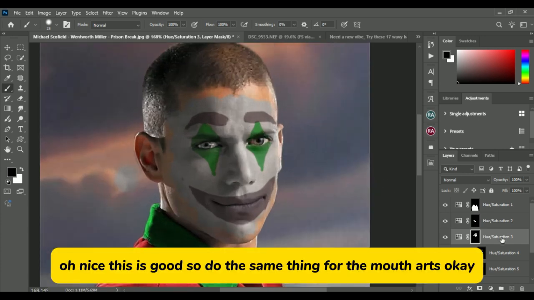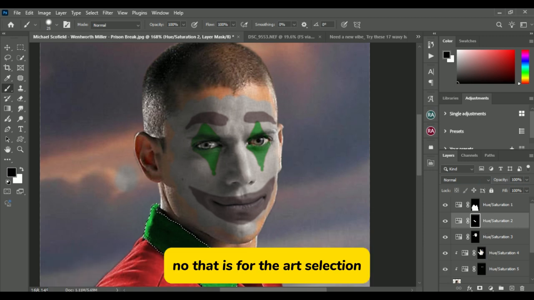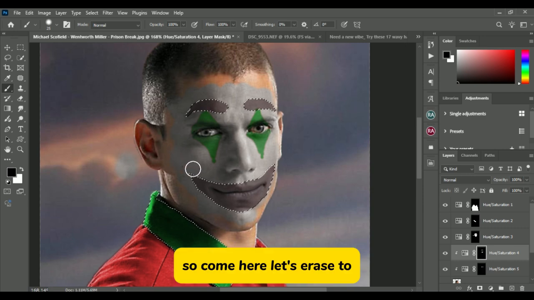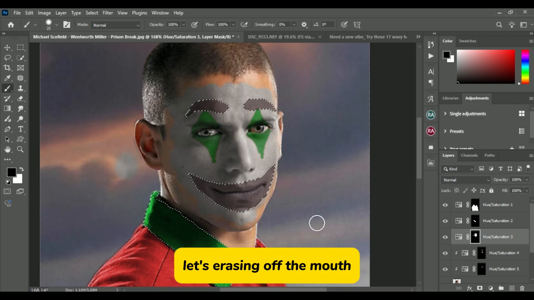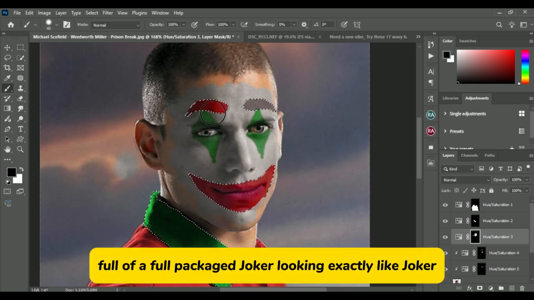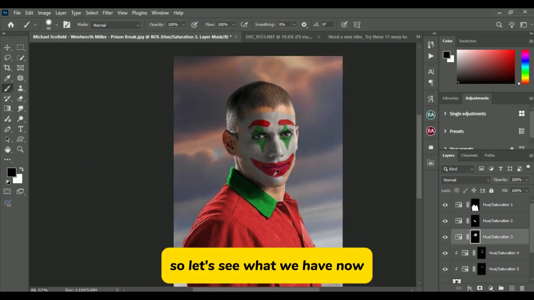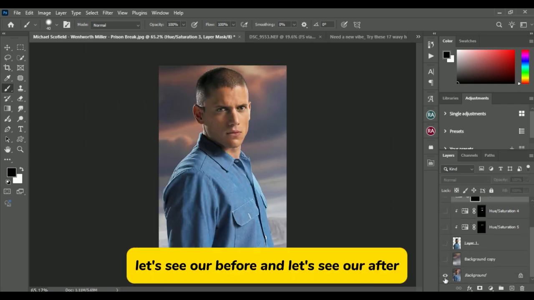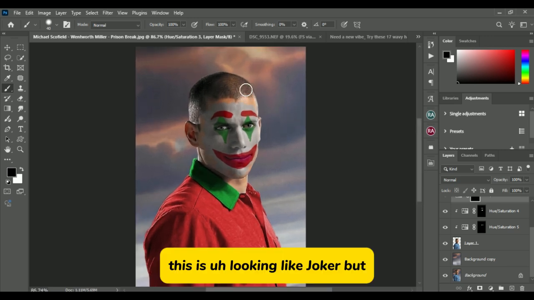Oh nice. This is good. So we'll do the same thing for the mouth. Add, okay, no, that is for the add selection. So come here, let's erase too. Let's erase this thing off the mouth, so that we'll have a full packaged Joker. Looking exactly like Joker. So let's see what we have now. Let's see our before and let's see our after. This is looking like Joker, but